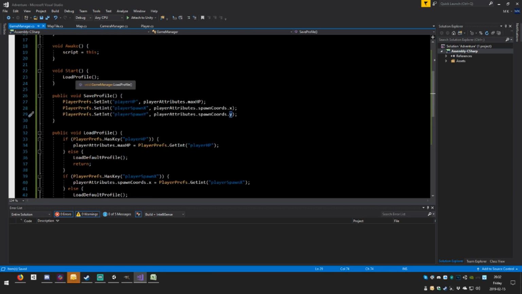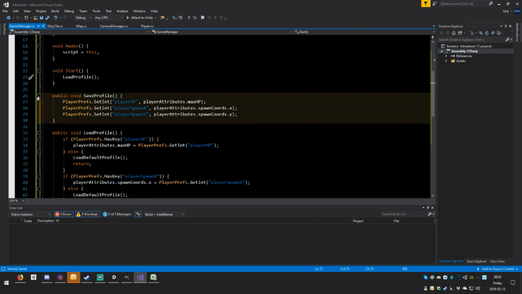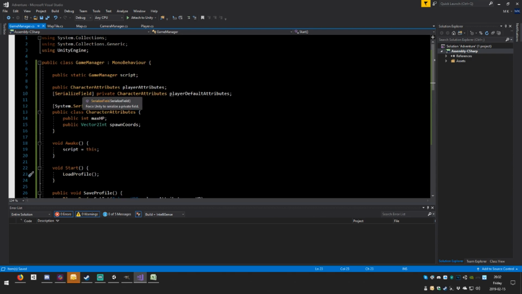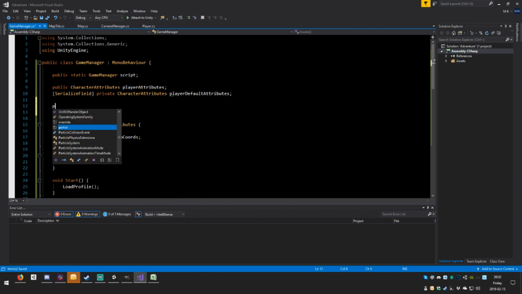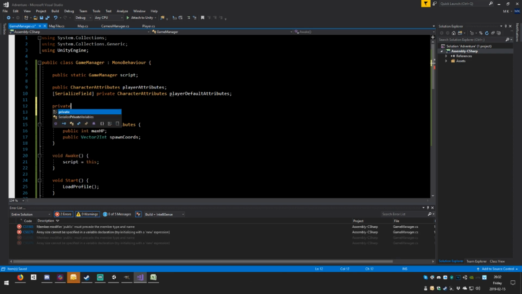Now when we start, we load the profile, okay? And then we need to move the player to that position. But to do that, we need to have a reference to the player. Well, we may have menus and all sorts of stuff. Perhaps we should instantiate the player instead. Maybe. Okay, so for now, create a private player,